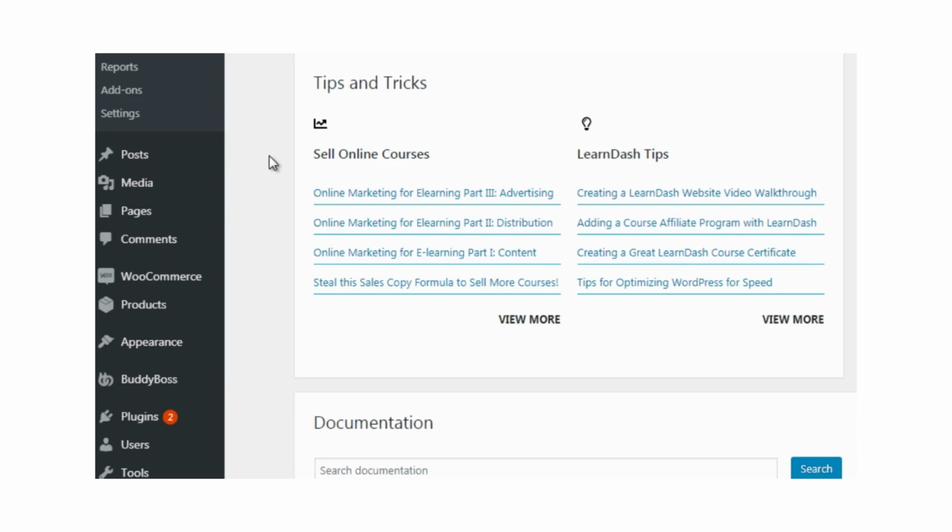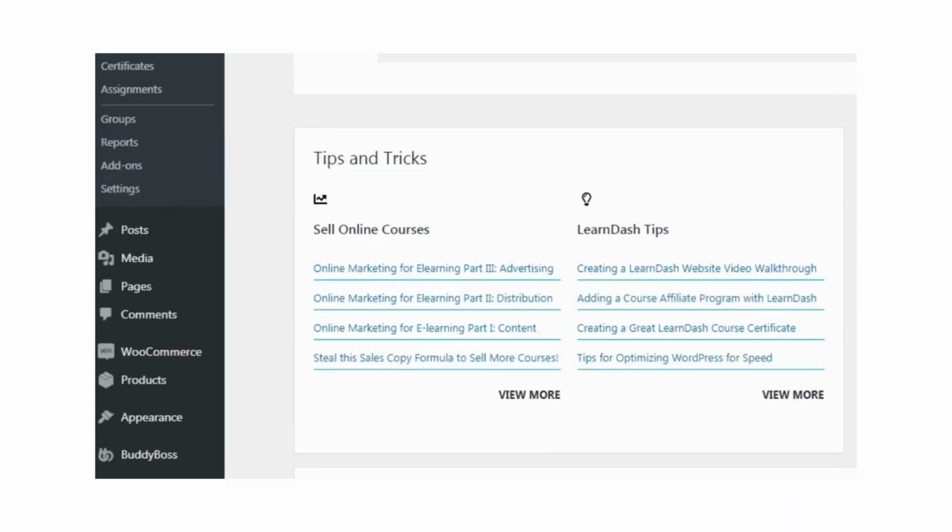A lot of times when you purchase software or get access to web applications, they don't really offer you enough information on how to implement their plugin, so you are left trying to figure things out yourself. Fortunately for you, LearnDash is so popular that you could either do it yourself or hire somebody on Upwork.com or other freelancing sites to actually set things up for you. Now, if we scroll up here,